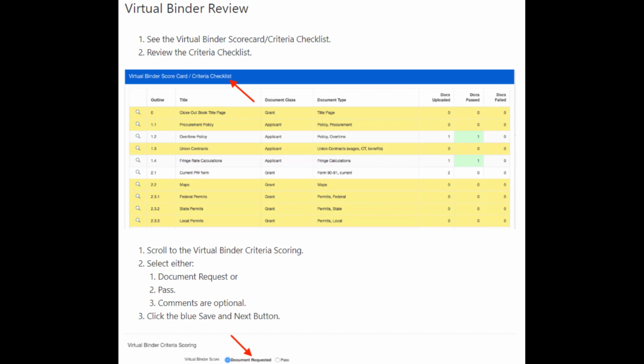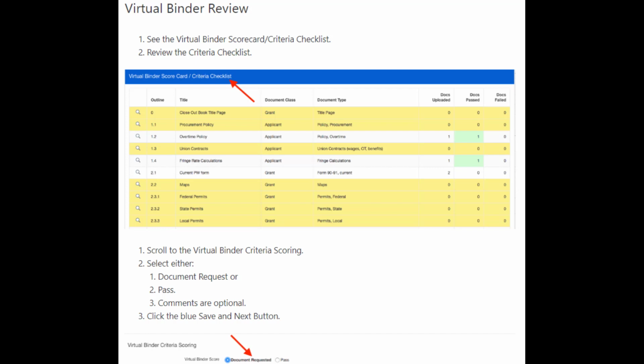On the screen is an article from Storm Petrel's knowledge base site. Yes, we also provide targeted how-to articles on our knowledge base too. We're here to help you in every way we can. In this article, we're showing a grant administrator how to perform a virtual binder review. Although not shown, red identifies errors or failures. Yellow is a warning indicating missing documents, and green indicates that not only is the document uploaded, but it has